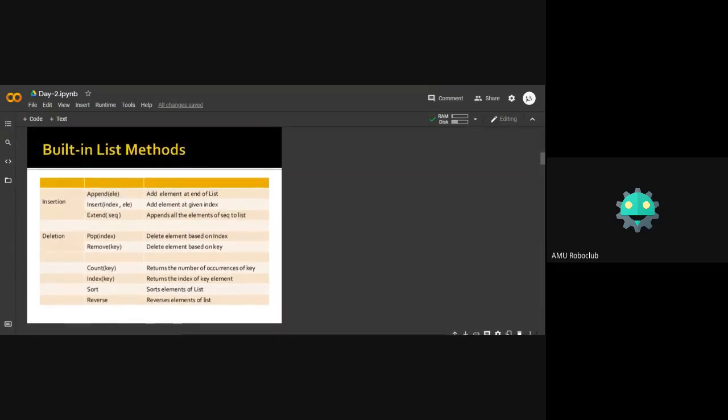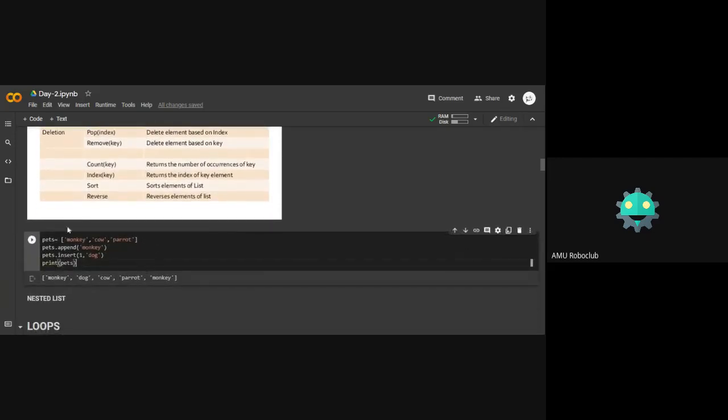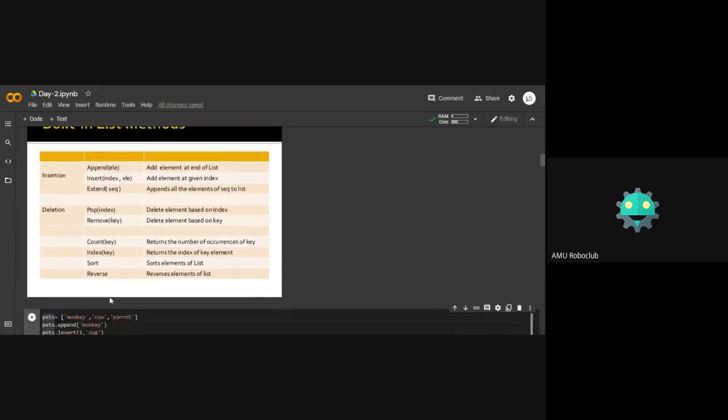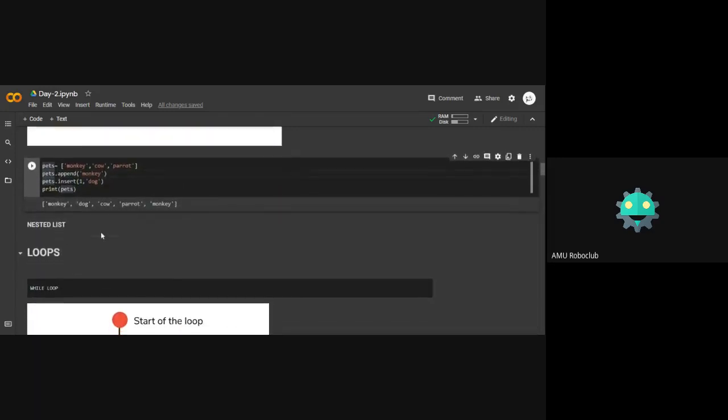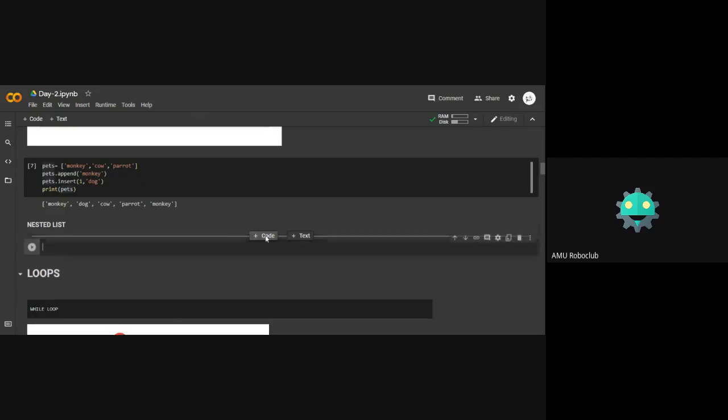I won't run all of these codes due to time constraint, but you can try it. We use the same type: the list name dot, and then the function which you want to run. Okay, just try them on your own. And if you have any doubts, you can ask later. Now, I'll also tell you a little bit about nested lists. In a list, we can have any type of value. We have told that before. We can have an integer, a string, or even a list inside a list. So that is what we call a nested list. And to access an item in a nested list, let me just show you.